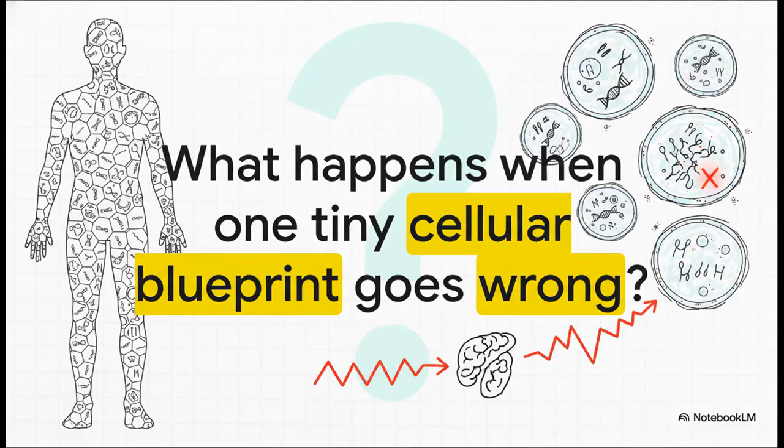And that leaves us with one final and pretty profound thought. We've just seen this incredible organized blueprint from the whole body down to a single cell, all of it depending on this process of perfect copying. So, what happens when just one tiny mistake, one typo, gets into that genetic code? What happens when one cell forgets how to follow the blueprint and just keeps dividing? It's a question that's at the very heart of understanding our own health,